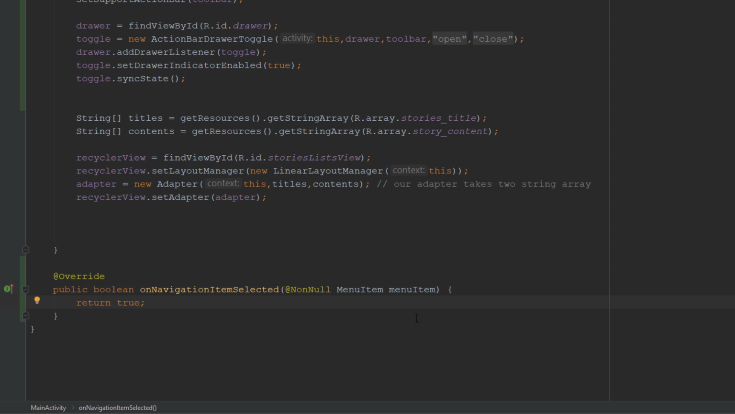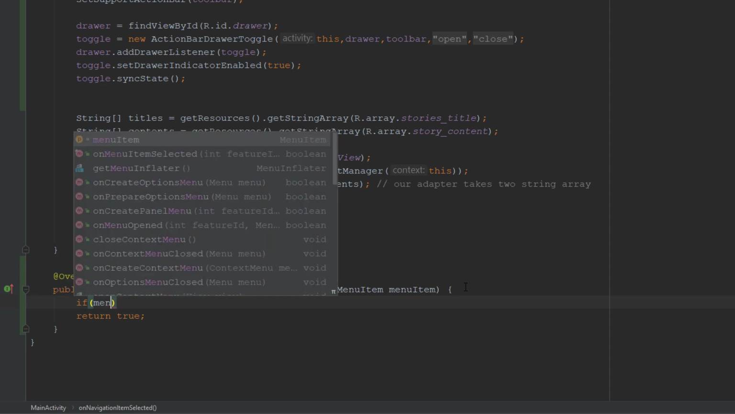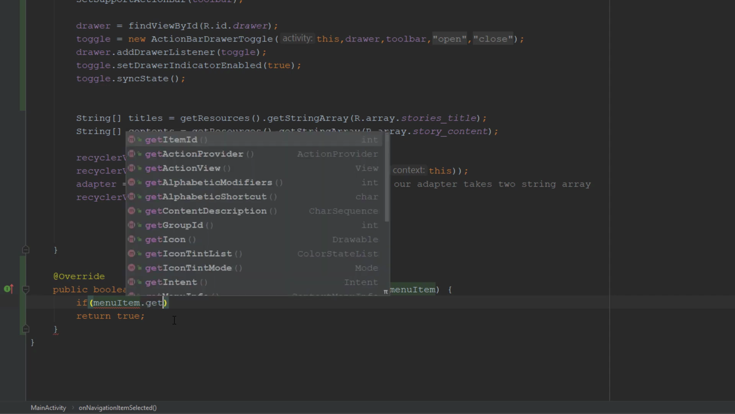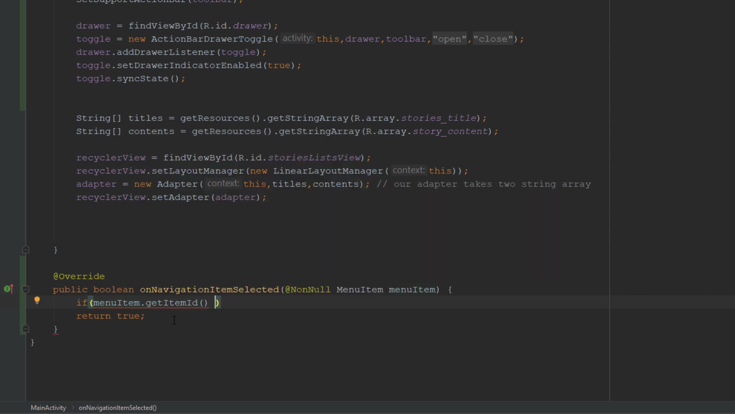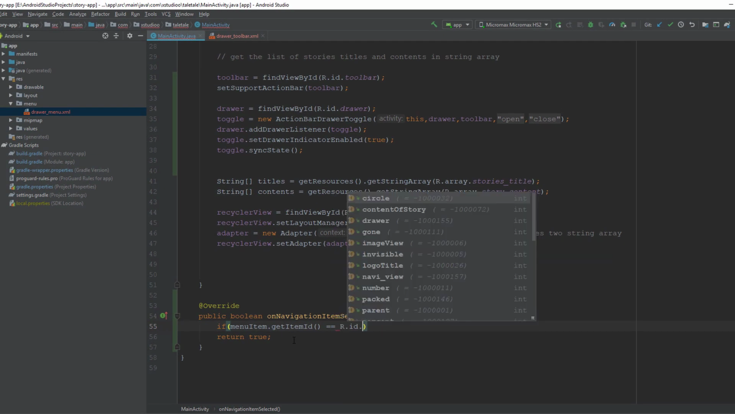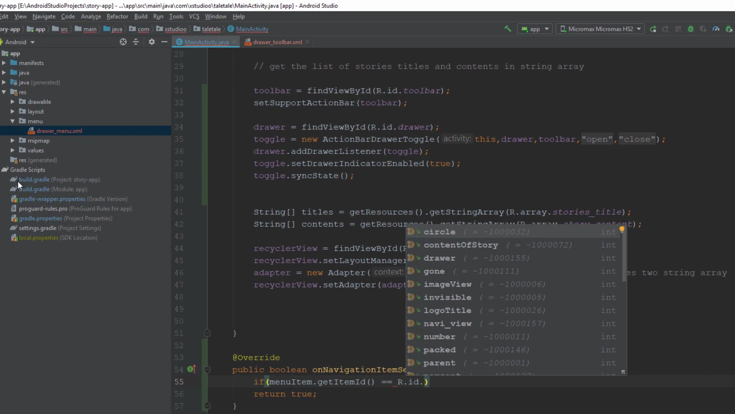Just quickly I'm gonna return true here, and now I'm going to check which button is clicked using the menu item argument that has been passed through this onNavigationItemSelected. From this I can get the item ID, which is the ID of the menu button that is currently clicked by the user. So I'm gonna compare that to the ID of the menu that is present in the navigation menu. If I go here in the menu,